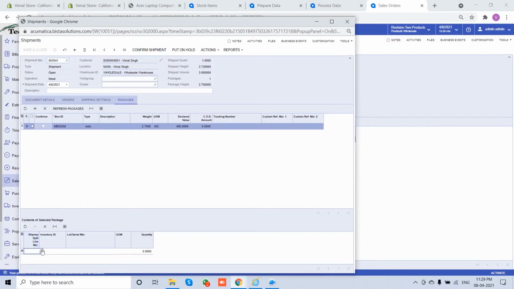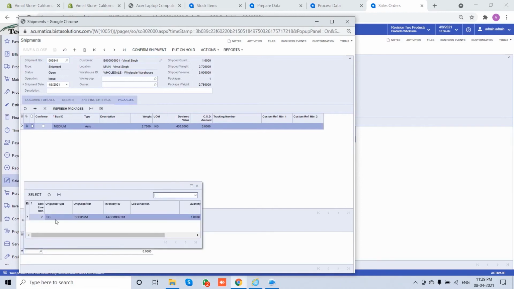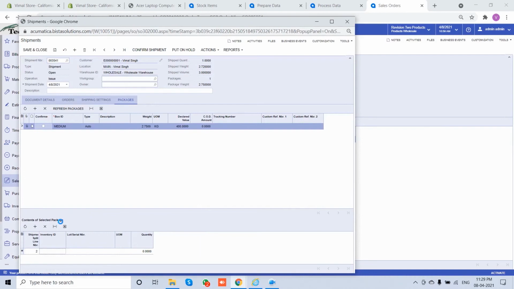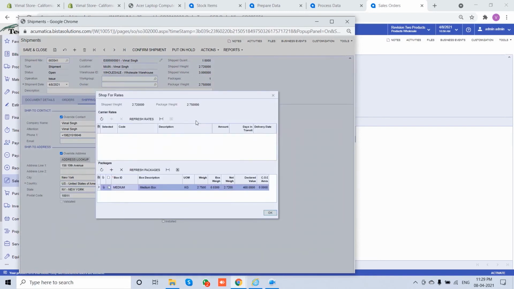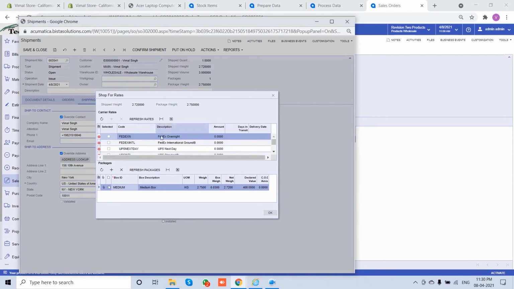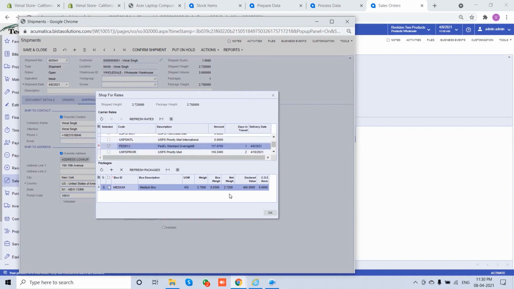Now let's open the sales order. Let's put our item in the package. And let's refresh our ShipWire. Let's select a FedEx to ship this item.